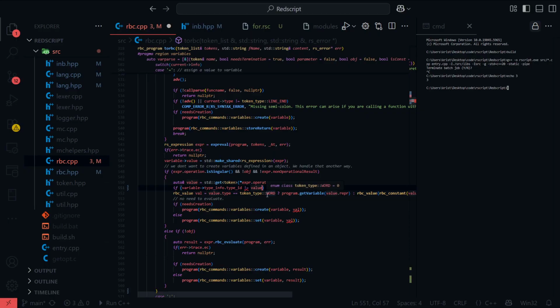So if this doesn't equal the value dot type, now of course there's going to be a mismatch because this is an int32 and value type is